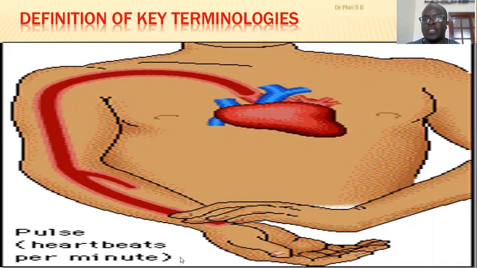So this wave is called the pressure wave or pressure pulse wave. So you can see here that the wave is moving at a faster speed as compared to the movement of the blood. So the column of blood that is moving within the blood vessels is not as fast as the pressure pulse. So this will create the pulse that you are able to feel in the extremities at different